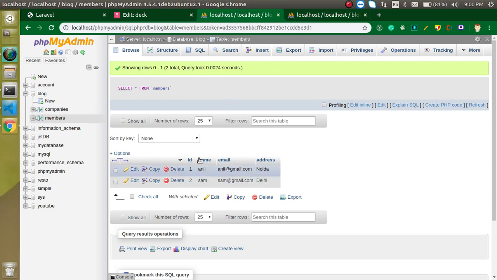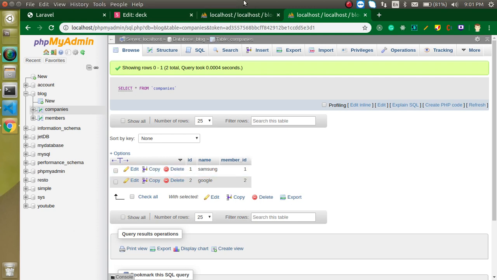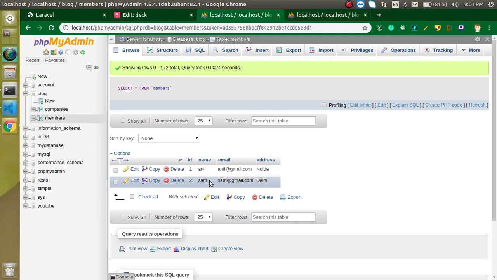So now what I can do, I can just get the data of this table on the behalf of this ID, right? So let's say I just want to know that Anil is working in which company, so I can just pass this ID to that table, and this table can give me that Anil is working in Samsung, because Anil's ID is 1 in that table, and now this ID is referred to Samsung. Similarly, I can find that Sam is working in the Google company, because the ID of this is directly related to this ID. So this is basically a relationship, that is, getting the data from the two tables on behalf of any similar key, right?